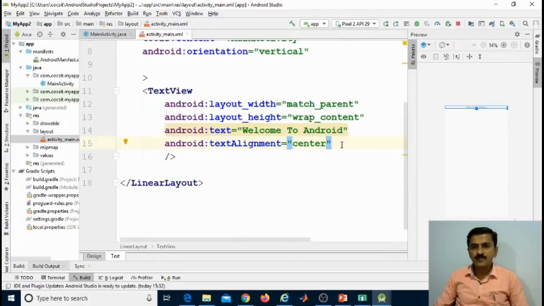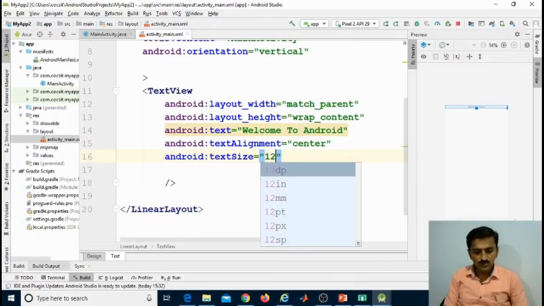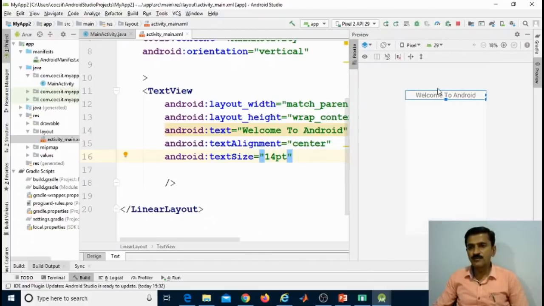Then I am specifying the text style. Text size equal to 14 sp. If I specify text size equal to 14, the size will automatically apply to that text view. In this way you can design.